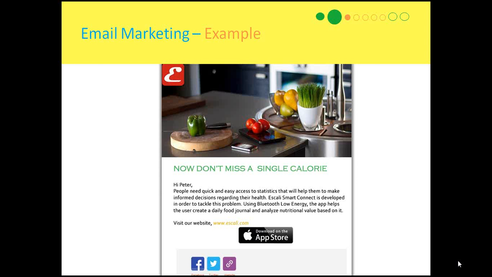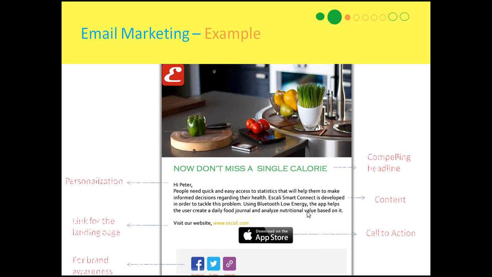If you see, the email for Sailee has different parts to it, just like I mentioned. A compelling headline, "Don't miss a single calorie," followed by a quick content telling about how it will help, and personalization, that you see it is an email personalized for Peter and not something like hello sir or hello team. Then a link for the landing page is very clear: visit our website sailee.com, a call to action to download the app on the App Store, and brand awareness at the end